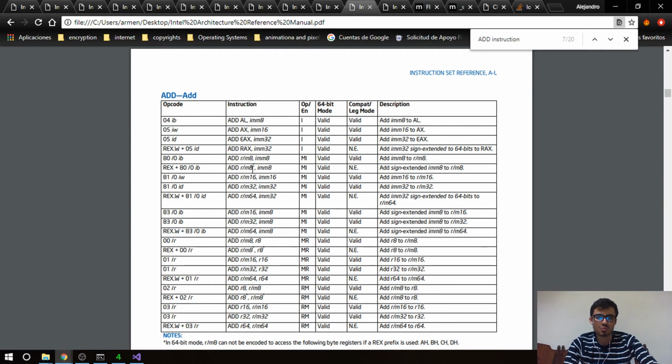Now, well, we haven't got to REX, but we don't care about REX right now. So yeah, I mean, we can do this, but we have to make sure that, because this is a byte, it has to be RM8 immediate 8. So yeah, let's do that, and then we can do 81.0 and then 81.0 ID and so on. I mean, we can do all the other instructions, and we pretty much have something robust